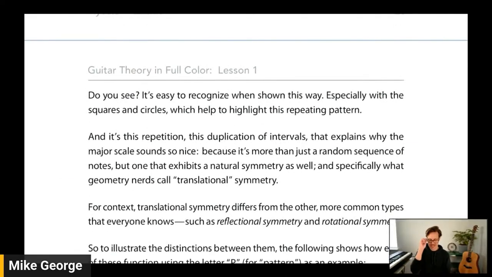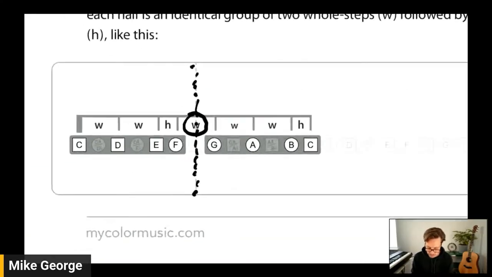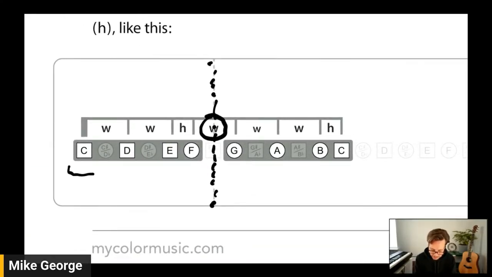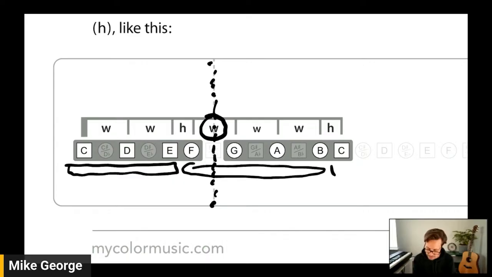So do you see? It's easy to recognize when shown this way, especially with the squares and circles, which help to highlight this repeating pattern. So to highlight that point again, we were talking about how the first part, the whole steps, separate the squares, and then you have a half step into the circles, and then you have a half step that brings you back to the squares. So it's like this dividing line separates the circles part of it. But let me show this in another way, which helps to